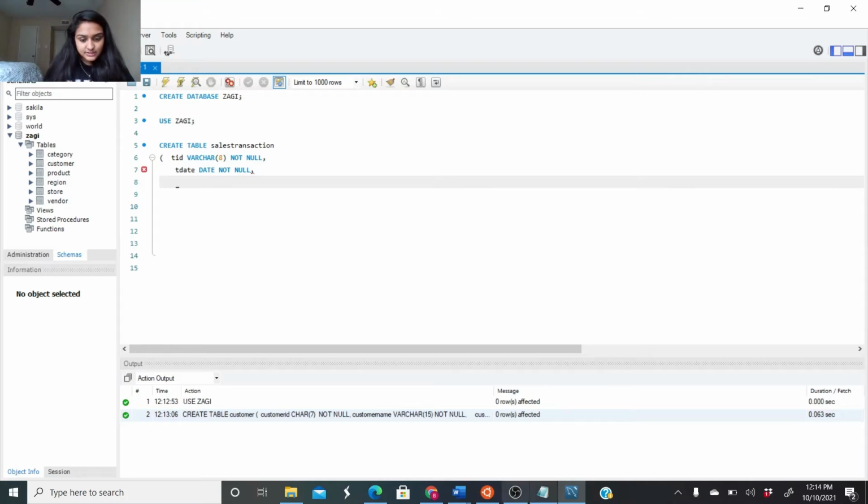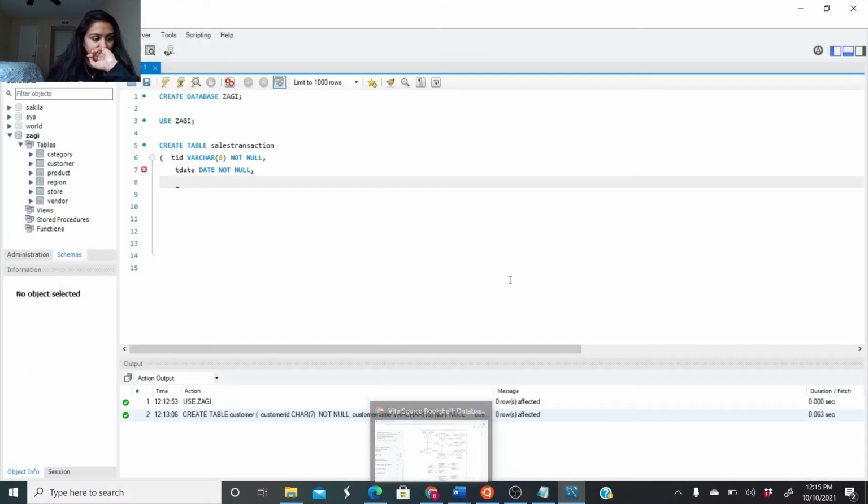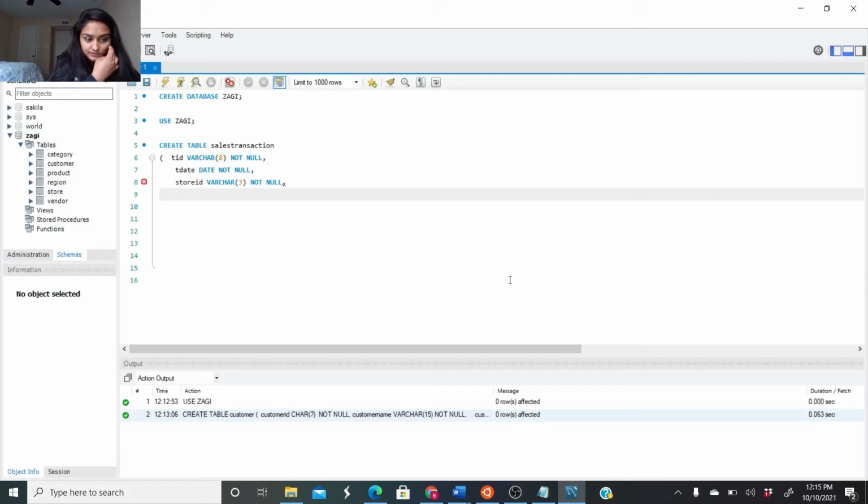Then the sales transaction has customer ID and store ID. So I'm gonna do store ID varchar 3, and I'm gonna do not null, comma, and then I'm gonna do customer ID,